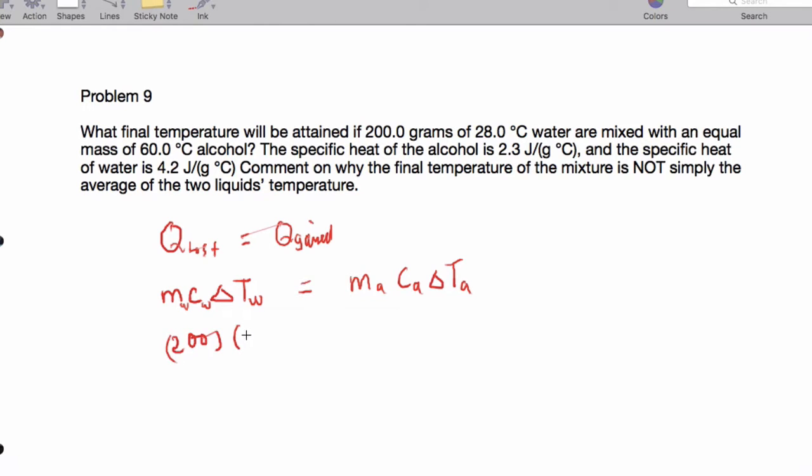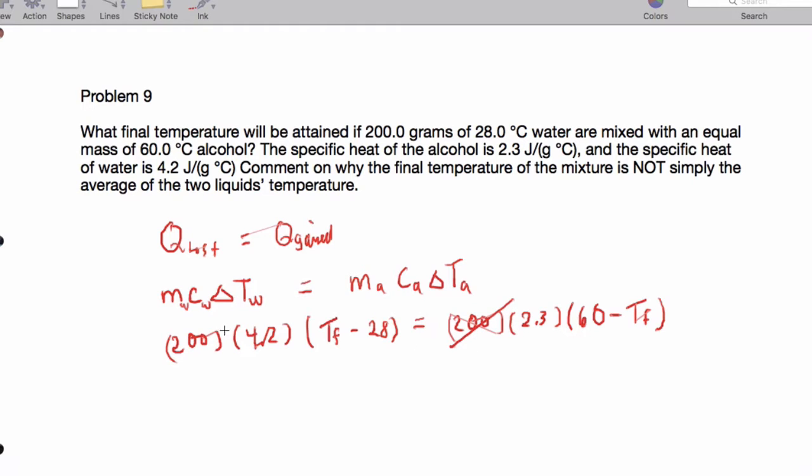C of water is 4.2, and what's going to happen with the water is it's going to heat up. So we have T final of the water minus 28 is going to equal 200 grams of alcohol. It's got a specific heat of 2.3, and its temperature is going to lower, so it's 60 minus TF. Again, just working in absolute values. One thing that'll happen is this will end up canceling, and we can do a little bit of math here. So 4.2